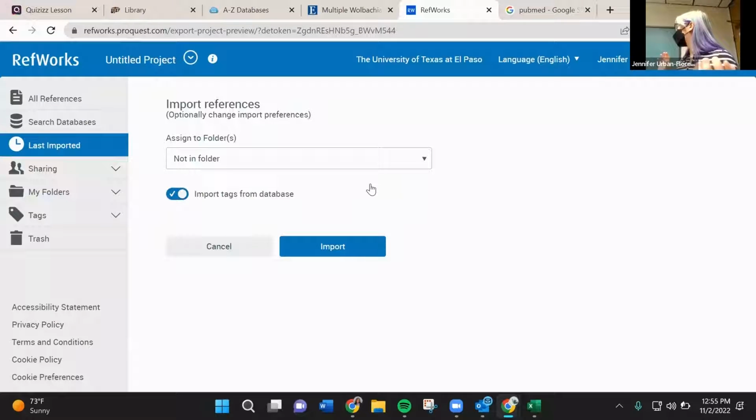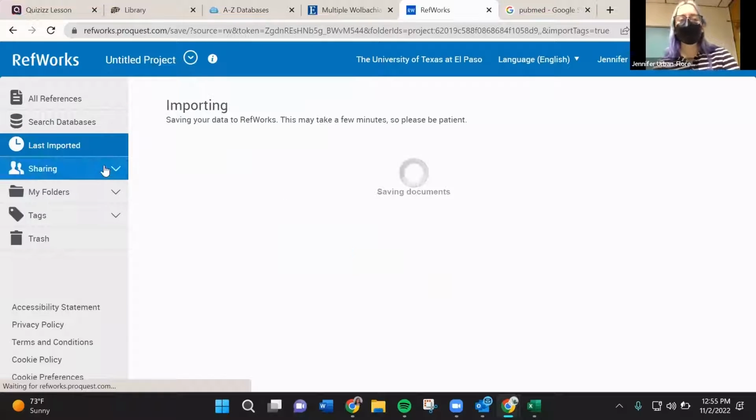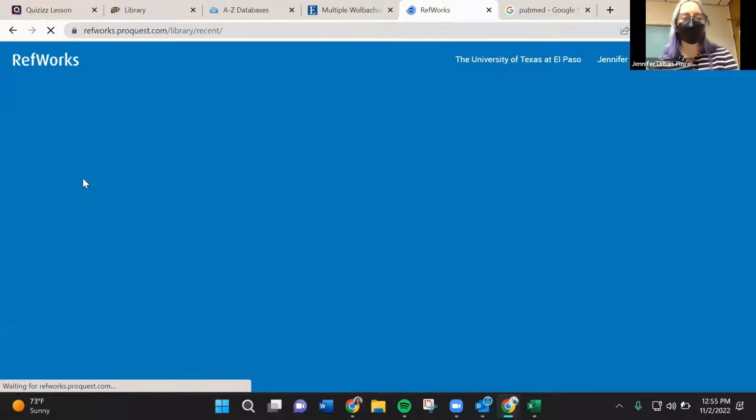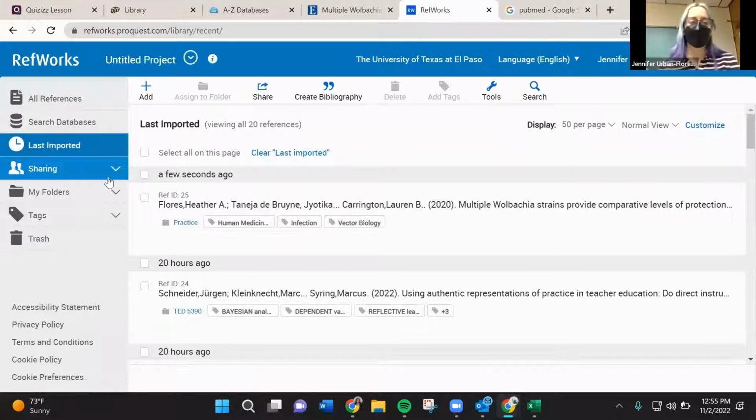I think we talked about this a little bit in our last session. What's cool is that you can set up folders, like say you have your thesis folder. Can you make folders in your folders? I don't think so. I don't think it's that meta. It's not that fancy, but you can group all your different citations based on subject or whatever course you're taking, and then just hit import. What's cool about that is it gives you access. You can find that article again through RefWorks, and then you can create a bibliography super easily.